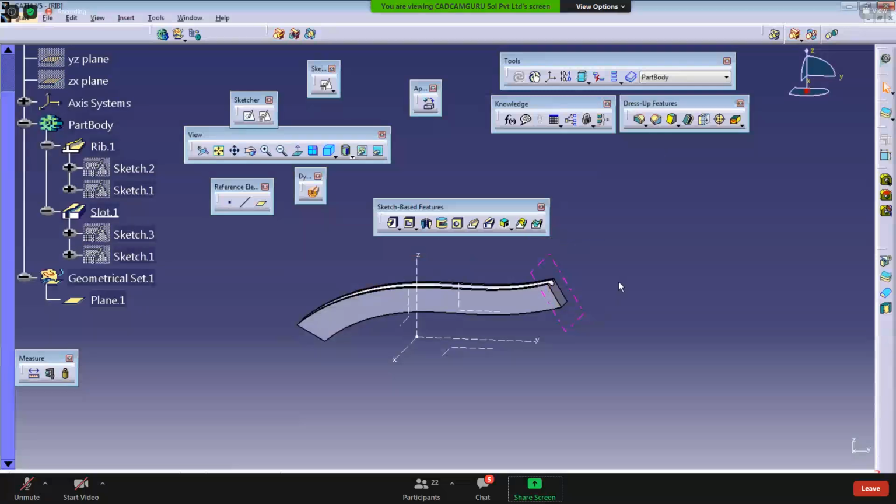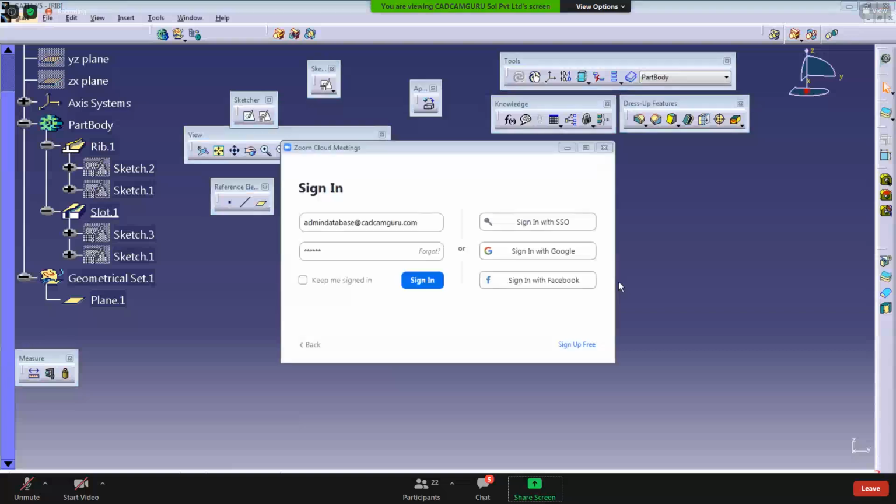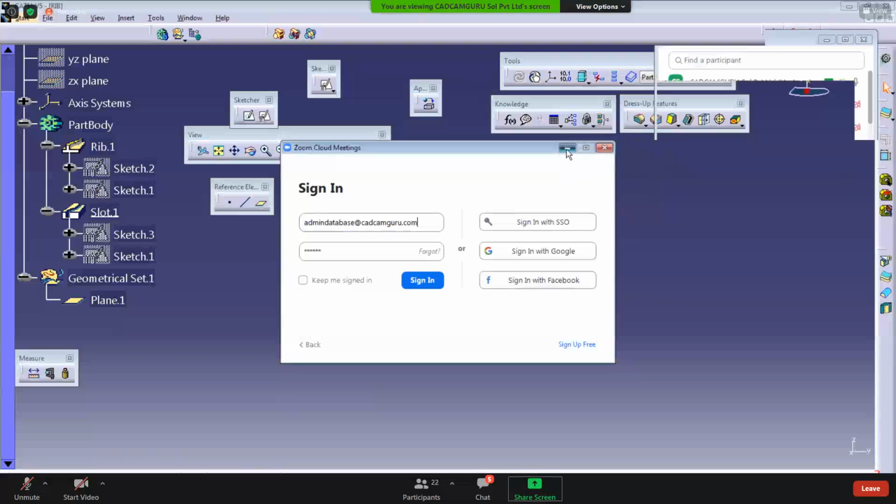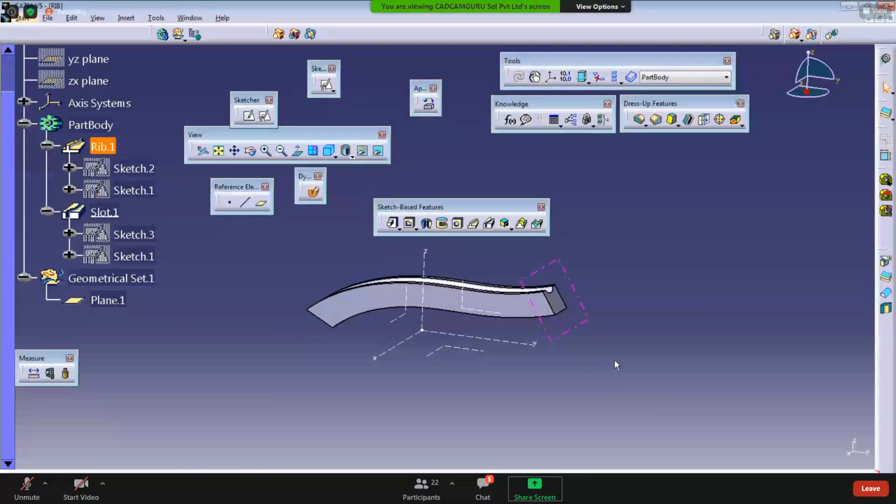Please, anyone tell what is the process to check the mass. Major inertia. Yes, first apply the material, correct. We need to apply the material.